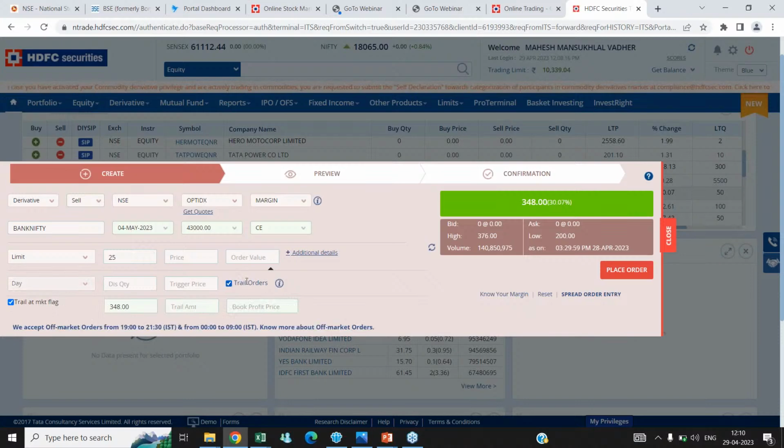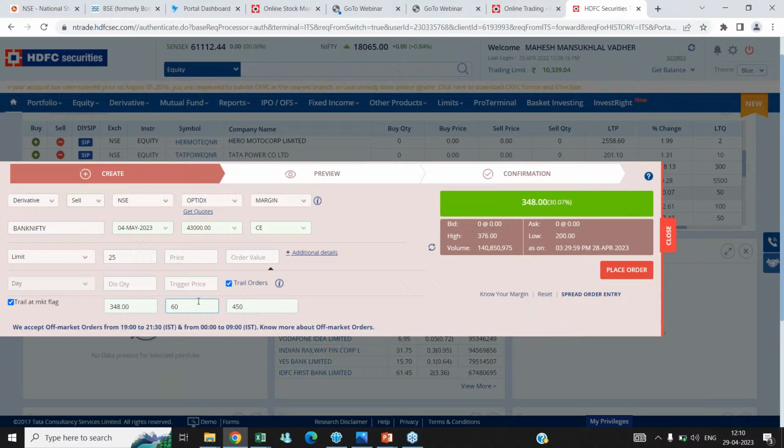Once you click on trail orders, you will be asked to place a book profit price, which is easy. Suppose you place it at 450 rupees. Then you have two options: either you want to trail your amount, or you place your order at a fixed rate. If you want to trail your amount, suppose you want to trail at every 60 rupees interval,